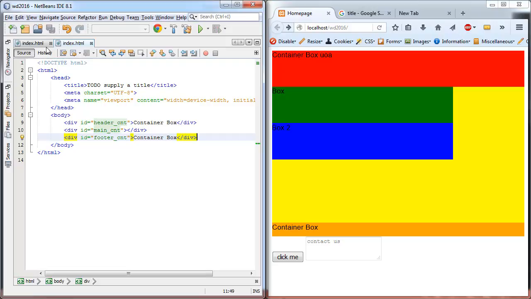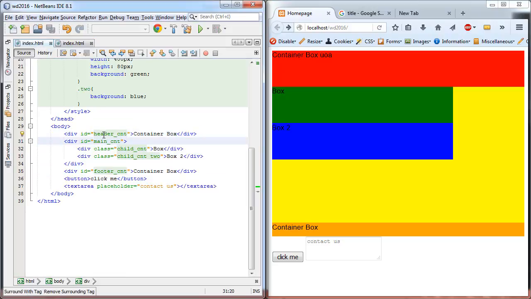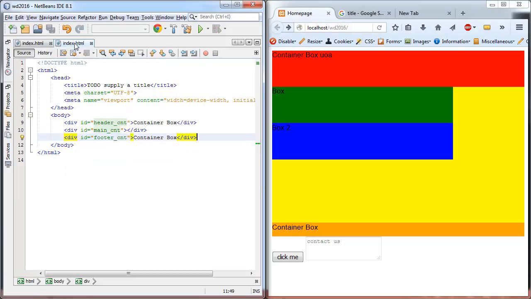Meaning if we want to change something here inside the header, then we also need to change it here, which is of course a pain. And therefore the use of a language such as PHP is nowadays, or not nowadays, it's just inevitable to use such a language such as PHP, which we will be doing later onwards. But for now we need to copy and paste things over. Let me call that one here